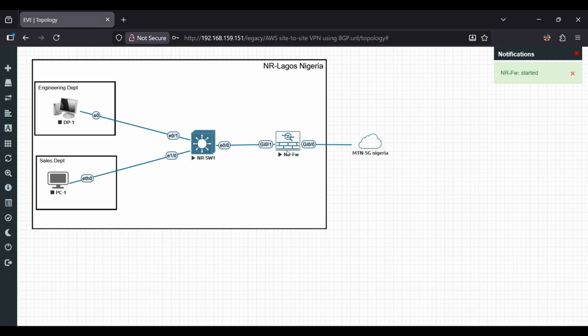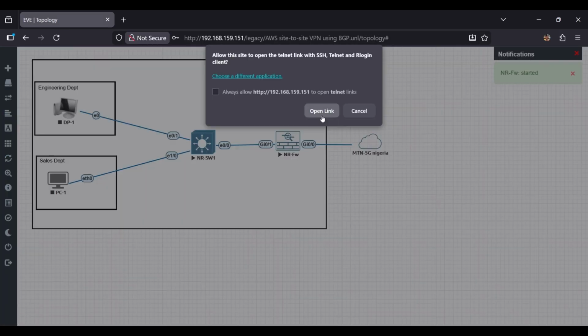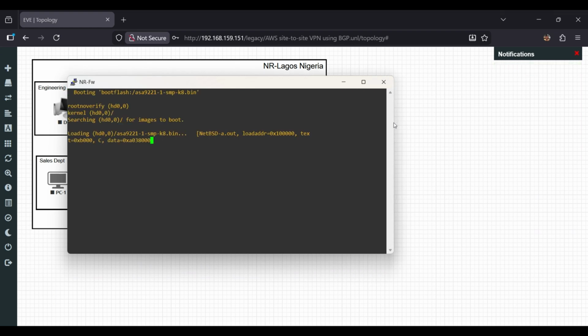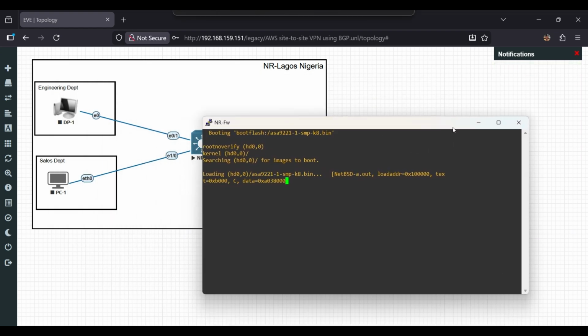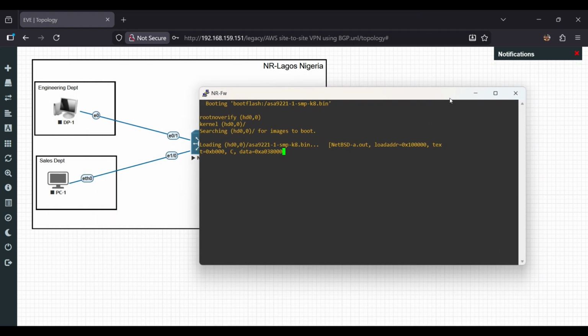So let me see now. At least it should have picked up what I wanted it to pick.